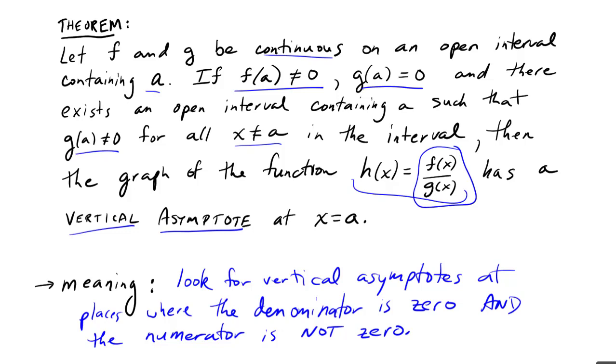Okay, we often get into a common sort of sloppiness of saying, oh, vertical asymptotes happen when